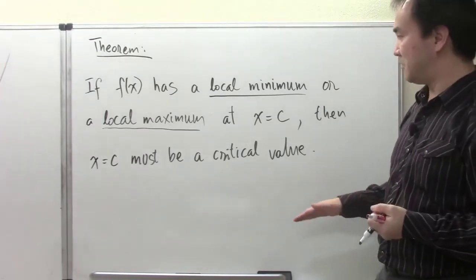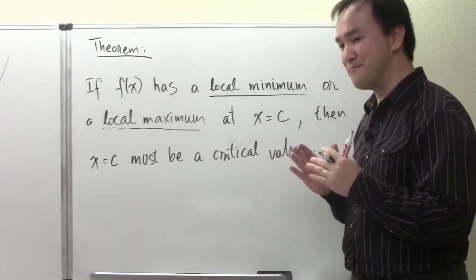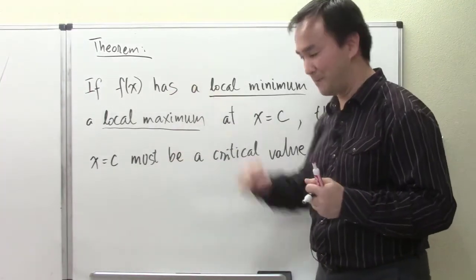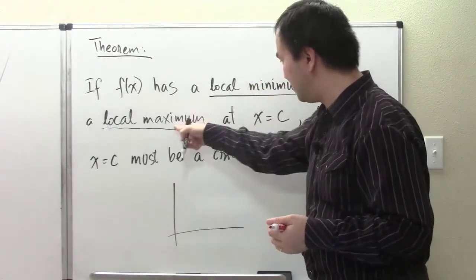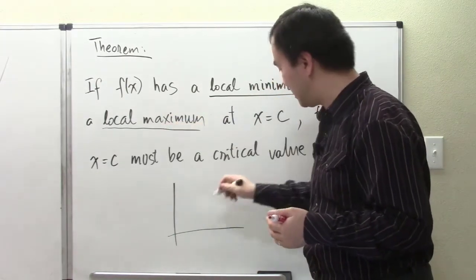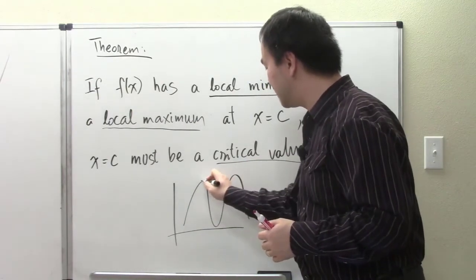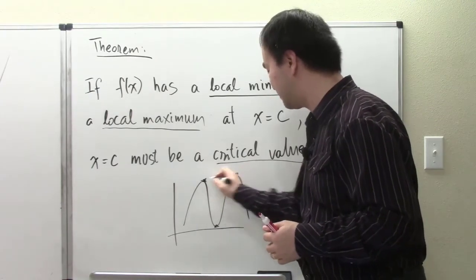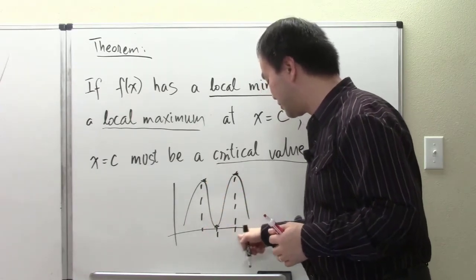All right. Now this theorem gives us a method to detect where we can find a local maximum or minimum. Here's the idea. Like I said, if a maximum or minimum happens anywhere, then it must be among the critical values. That's the important part. If we recognize through the graph, or for whatever reason anyone tells us, that we have a maximum or a minimum at a couple of places, then for sure this theorem says that those x values